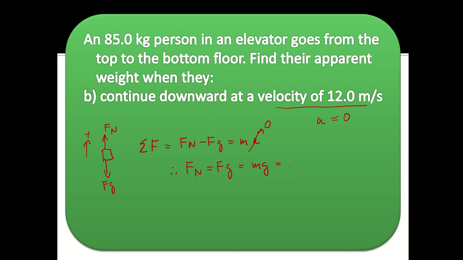So in this case, it's going to be 85.0 times 9.8, and this equals 833. Okay? So Fn equals Fg. The apparent weight is the same as the actual weight. Again, pay attention to the question. This is velocity, not acceleration. So the last case,